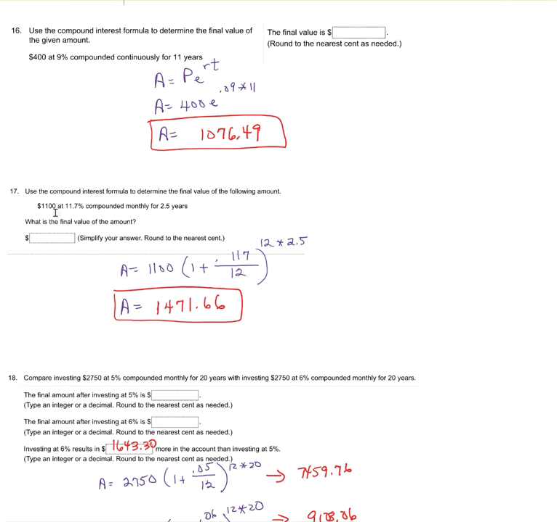Number 17. We've got $1,100, 11.7% compounded monthly for 2.5 years. So that's P is 1,100, (1 plus 0.117 over 12), raised to the 12 times 2.5. And where did the 12 come from? That's the monthly that we're doing. And you should get